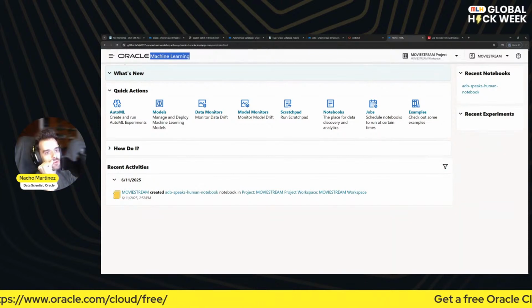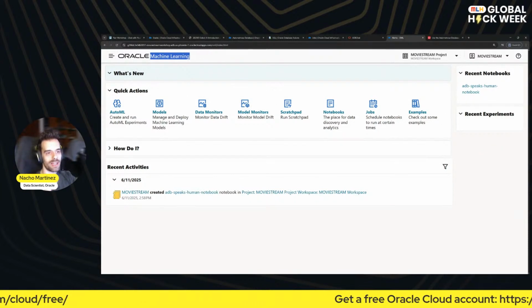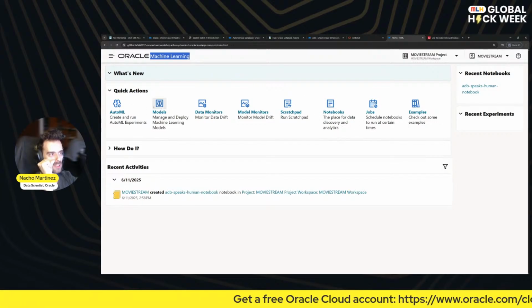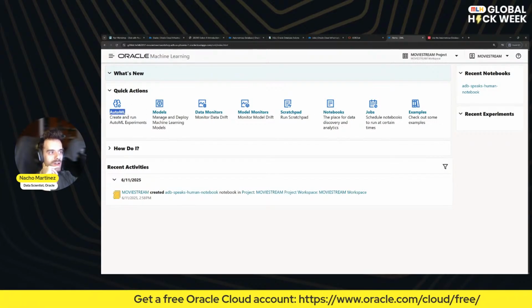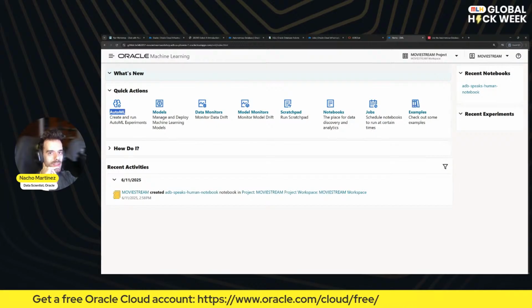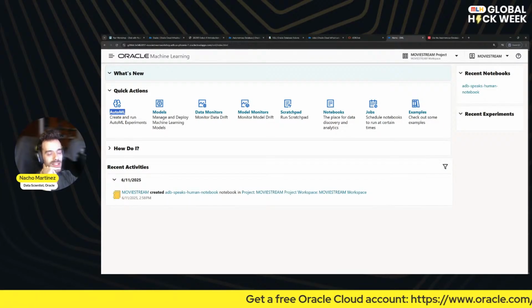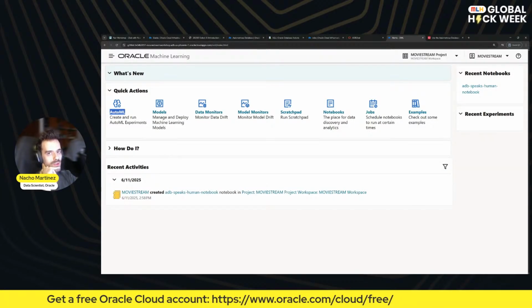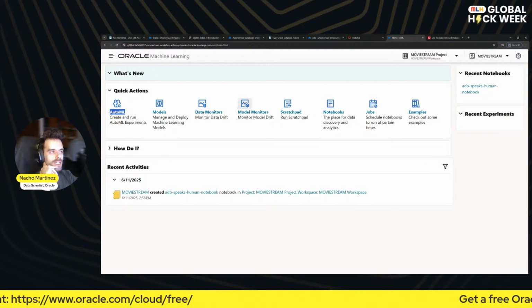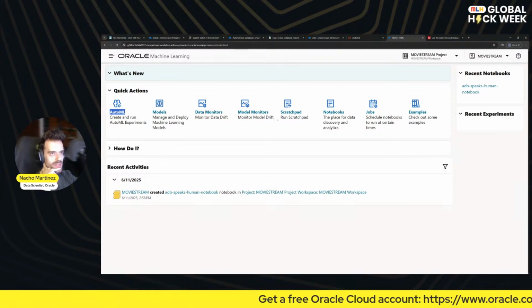And this allows you to create notebooks, schedule jobs, create your own models, and do fine tuning. It also has an AutoML component for you to explore if you want to do some old machine learning, like regression, classification, but automatically. It will do a lot of the things that we used to have to do as data scientists automatically, right? So we will also see why Oracle machine learning is great for this specific use case. But,